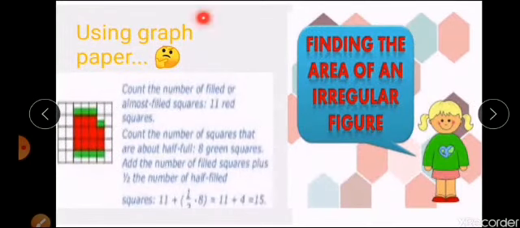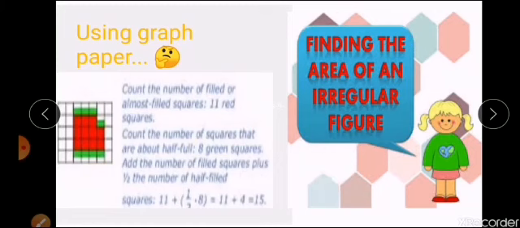Now, the problem arises when the objects are irregularly shaped figures. That you can find using graph paper. Let us see how. I think in this figure it is not that clear. Even then, you can see a graph paper with an irregular shape given in colors. If you have an irregularly shaped object in your hand, you keep that object on a sheet of graph paper. Then you trace the outline of that figure onto the graph paper.